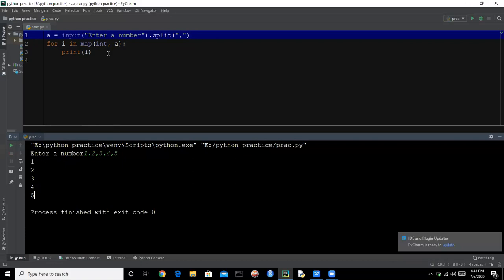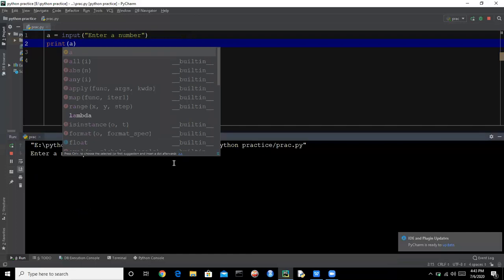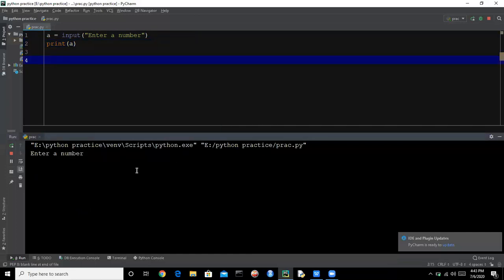Let's take another example. You have an input function here, and you want to print A. So let's say we are having this. Now we are writing the input function. So let's say this is my name. So I want to print my name. So here I am giving the input like this. So I want to have the first character of this string. So how can we get the first character?